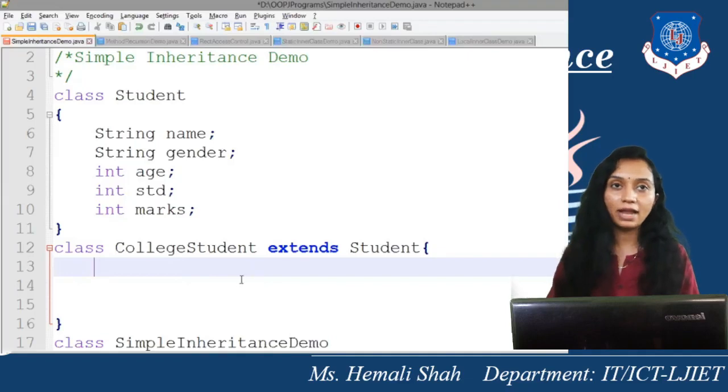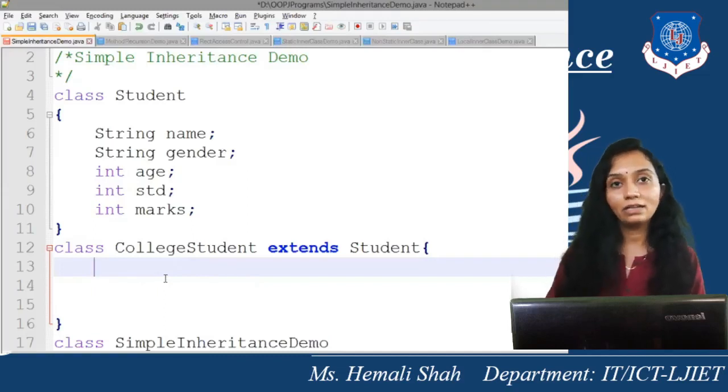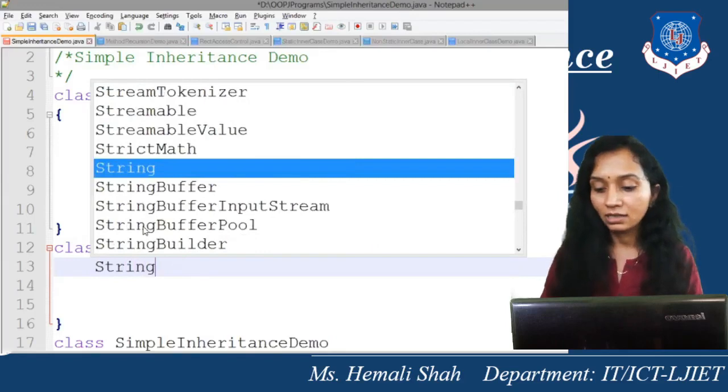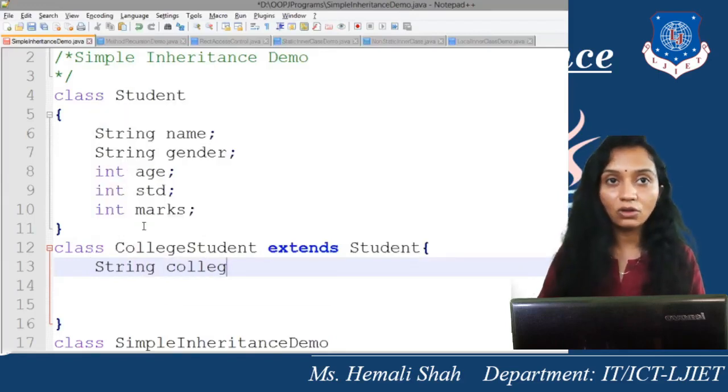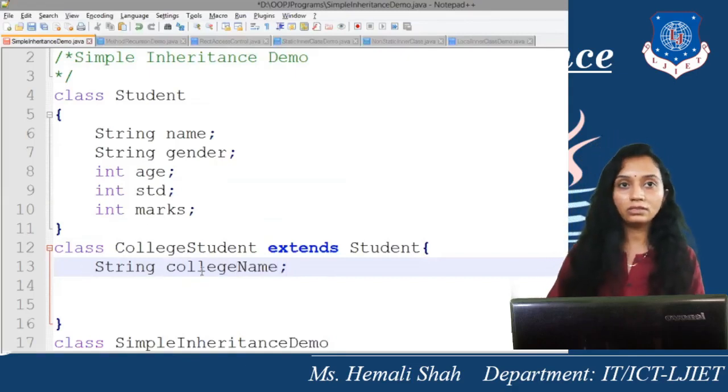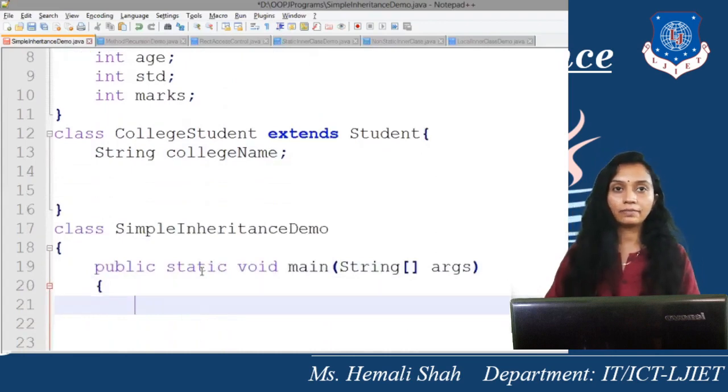Now you just want to add more properties. Which property do you want to add? The one already given in the definition. That property you have to declare, you have to add it over here. Don't declare all the properties which are available in the superclass. Only add the new property, because the already available properties of the superclass are by default available directly in the college student class, right? Now which new property do I want to add in the college student class? Here we have to add string college name, a new property in the college student class. So just declare it over here, right?